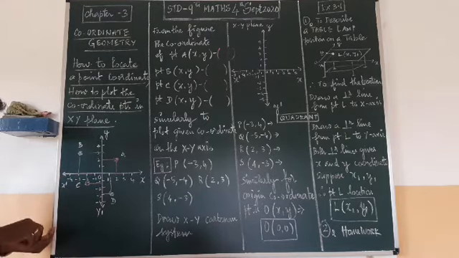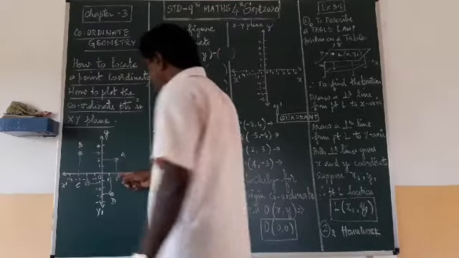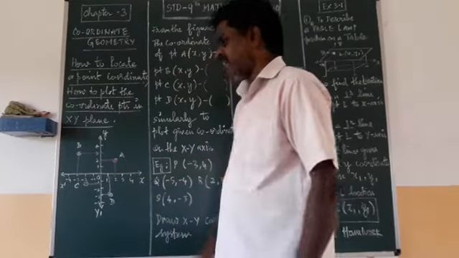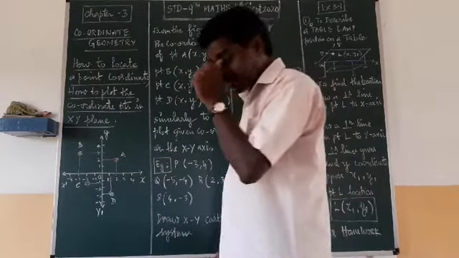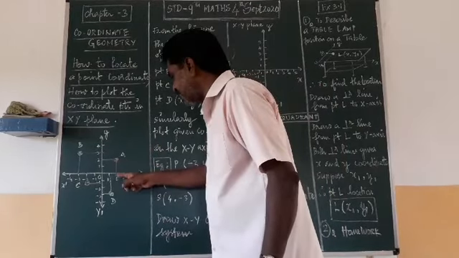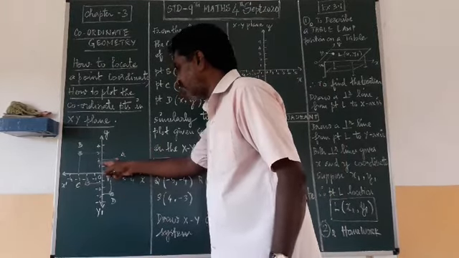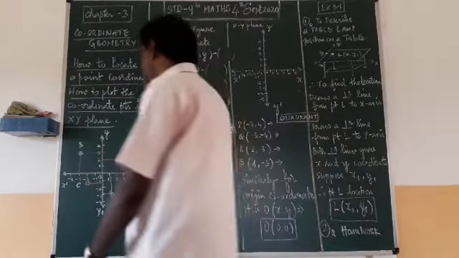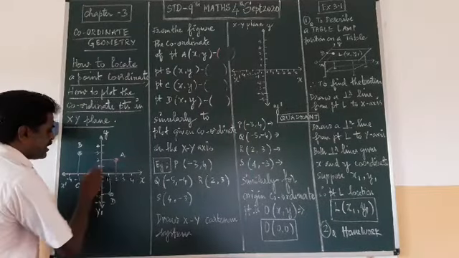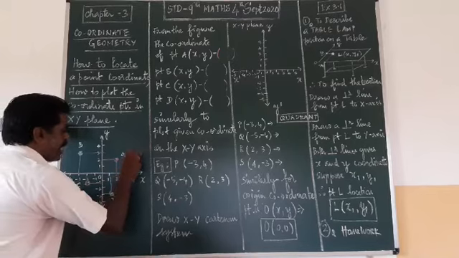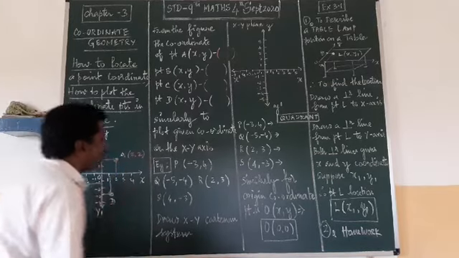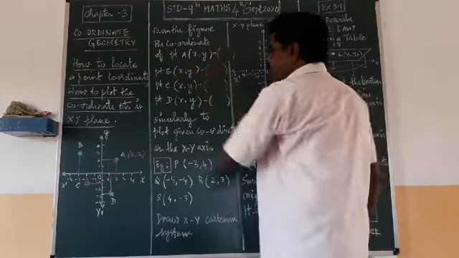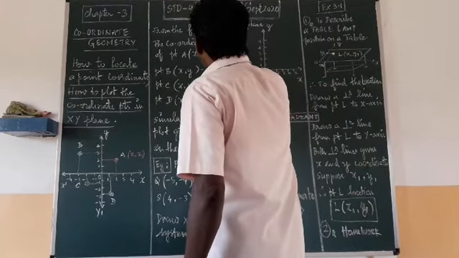Now I have given a point also here. From 2 I have drawn one line, and from 2 I have drawn another line. It is point A that I have located. So what is the coordinate point of A in this figure? From A I draw a vertical line touching the x-axis at 2, and from A a horizontal line touching the y-axis, that is also 2. So the coordinate point of A is x and y, first x and then y, so bracket 2 comma 2. From the figure, the coordinate point of A, x comma y, is 2 comma 2.